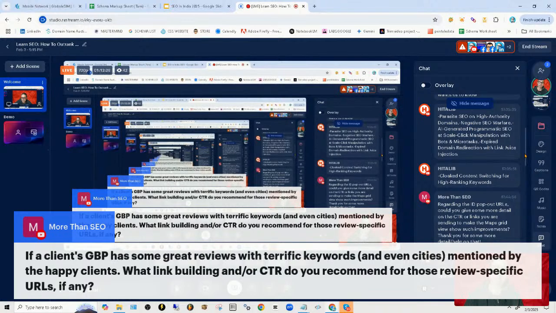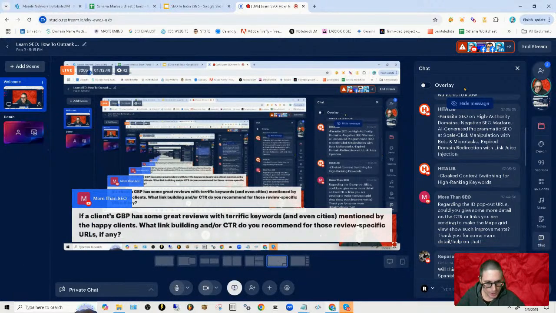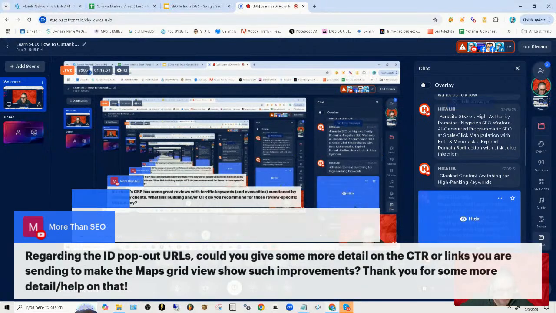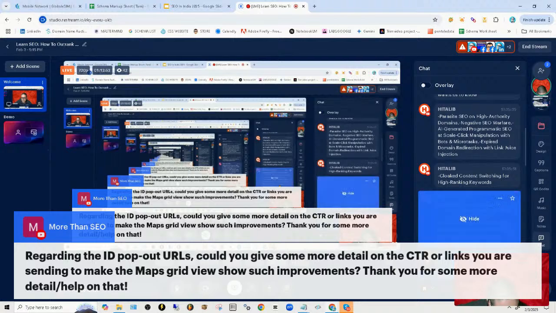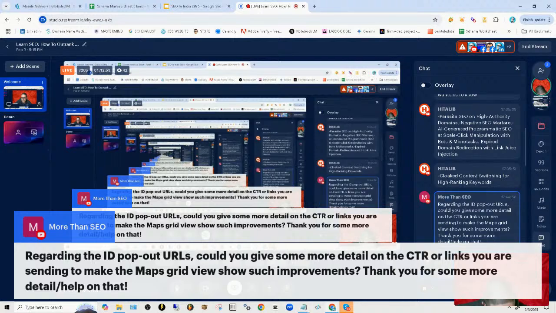The next piece that we're going to do is we're going to optimize their head, foot, body, their homepage, the page that is connected to the GBP around that one thing in brand, right? It's clear and evident in A tags that here's who we are, here's what we do, here's our pages for primary service, and here's our pages for our location, right? Now, when we're talking about this question specifically, could you give some more detail on the CTR or links?